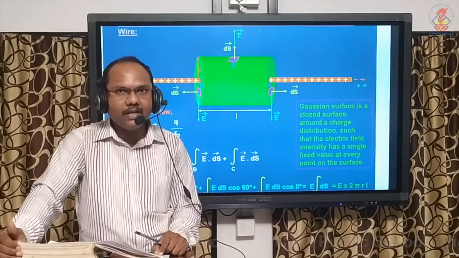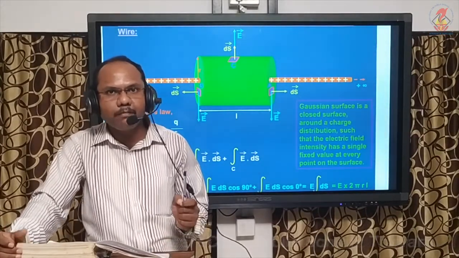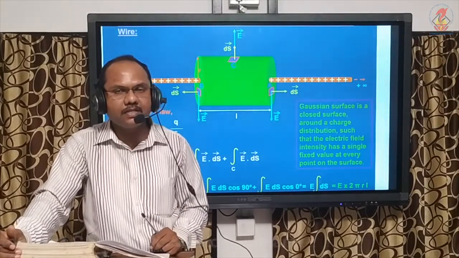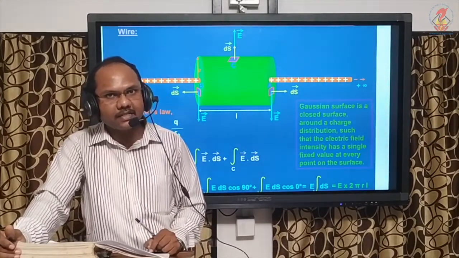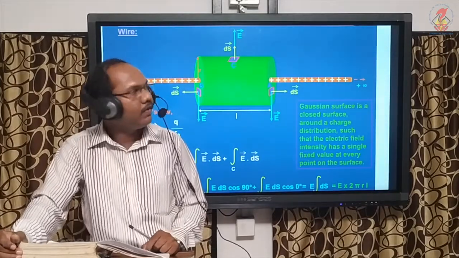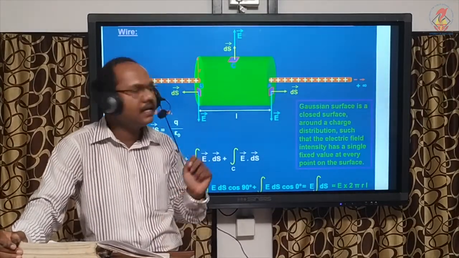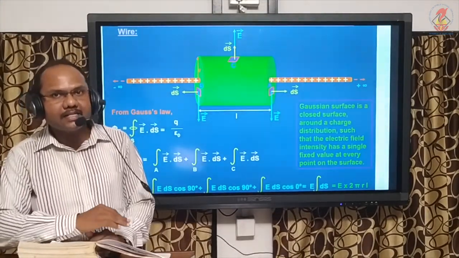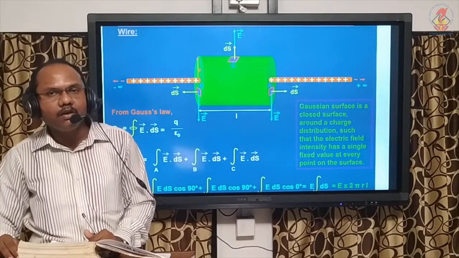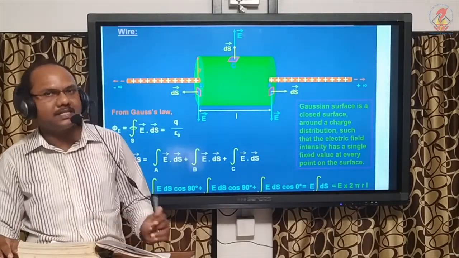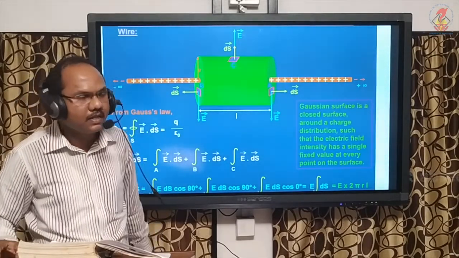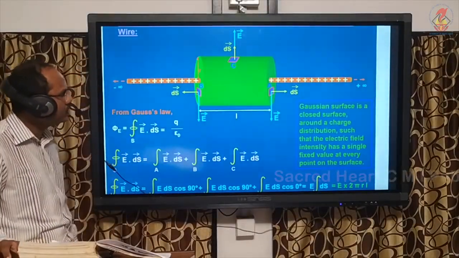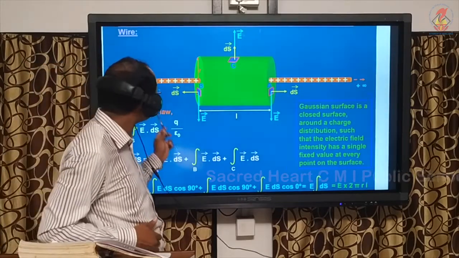But for our convenience, if the charge is a point charge, we will use a sphere as the Gaussian surface, and if it is a line charge, then we will use a cylinder as the Gaussian surface, and if it is a thin sheet of charge, we will use a cuboid or cylinder as the Gaussian surface. So here we are taking a line charge, so we use a cylinder as the Gaussian surface which passes through the